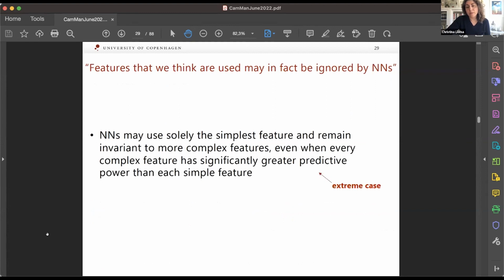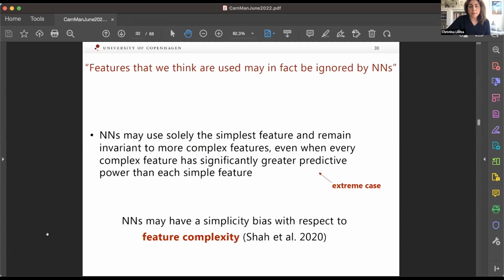In fact, we have evidence that this can happen even when every complex feature has significantly greater predictive power than the simple features. And this is an extreme case when this happens, but it does happen. This phenomenon was observed in 2020 by Shah et al., and it is labeled simplicity bias. So the idea is that neural networks have a tendency sometimes to show simplicity bias with respect to feature complexity.